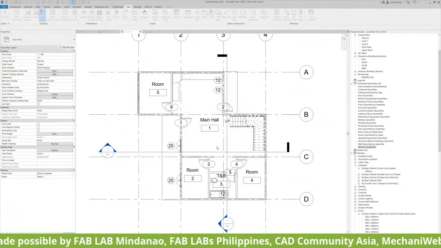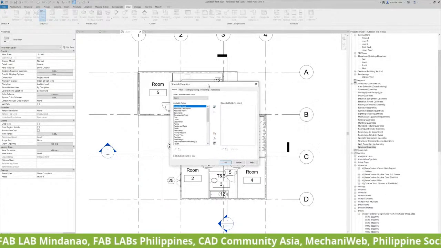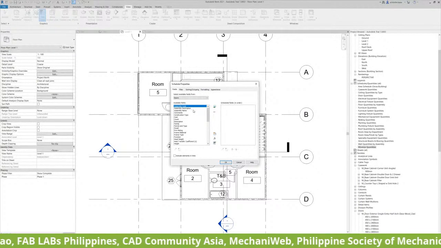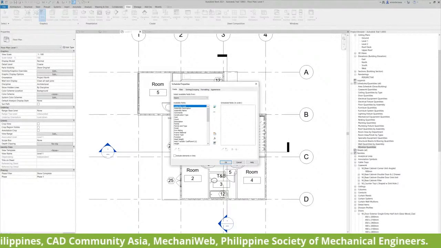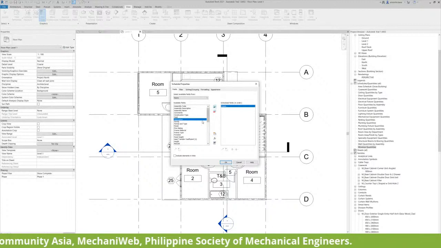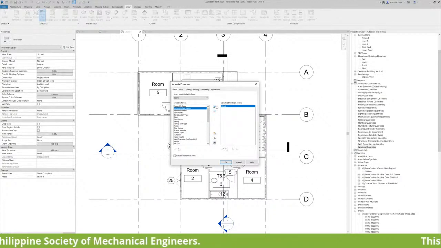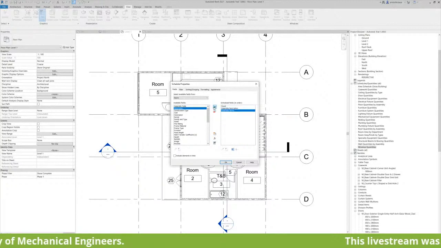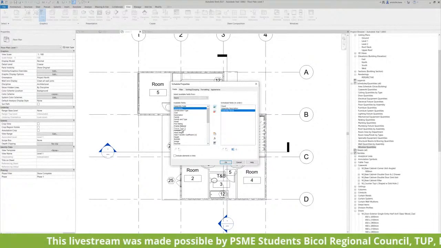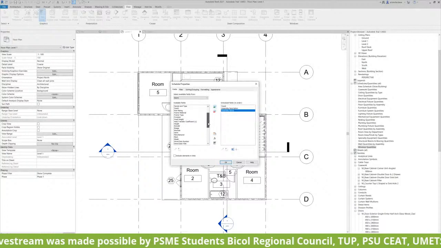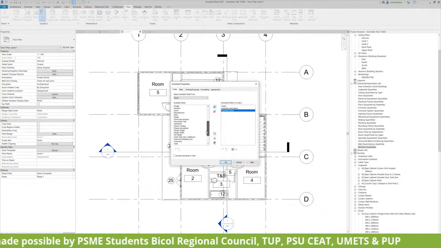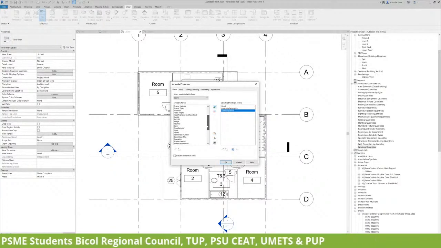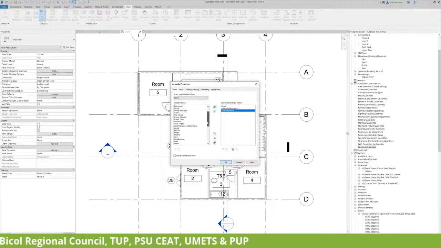And what you have here, schedule properties, whatever property you want to show, let's say count, and then you can say assembly description, assembly name, and you have width, according to the width,